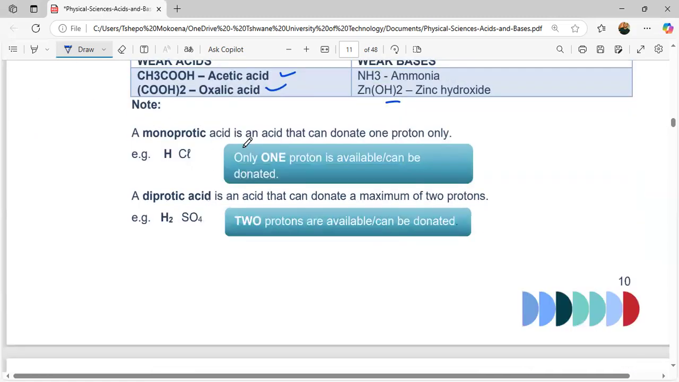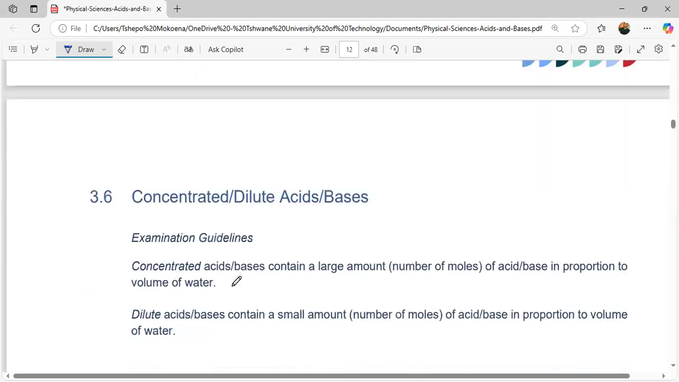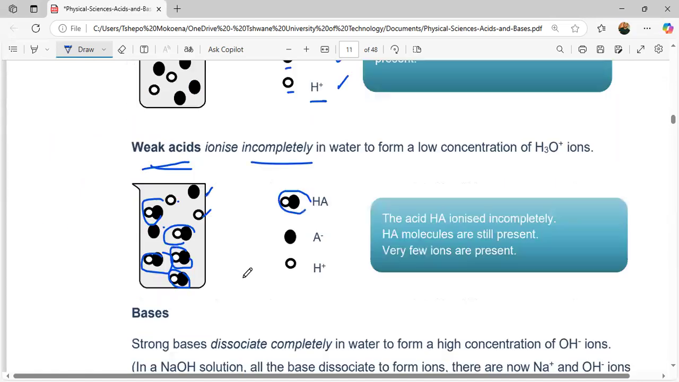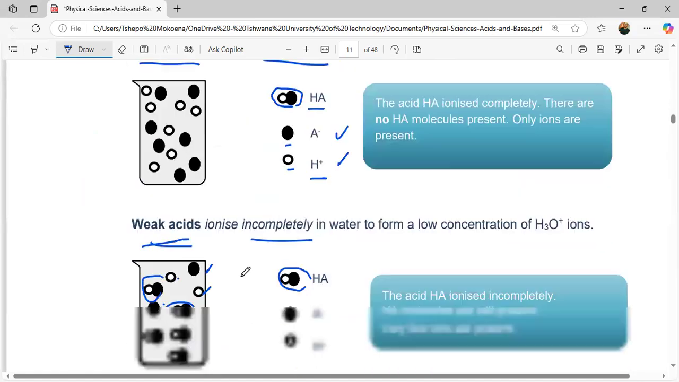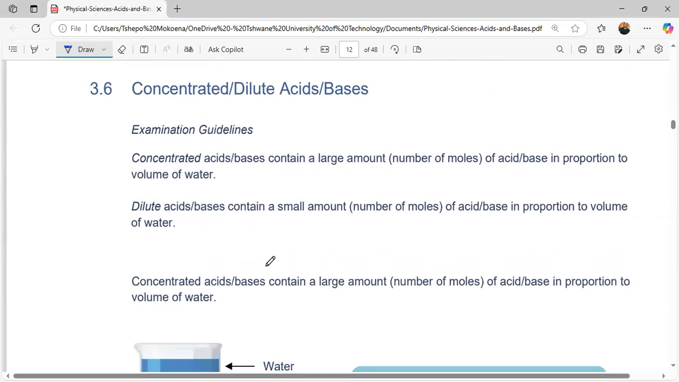Like I said, monoprotic acid is an acid that can donate only one proton, but diprotic can donate a maximum of two protons. So examples, we have HCl. Another example, we have H2SO4. We can see that we have H2, it's diprotic. Okay, so that's how we can spot it. So here we were actually discussing the strength of a strong and the weak, right? So that was 3.5. Now, 3.4,